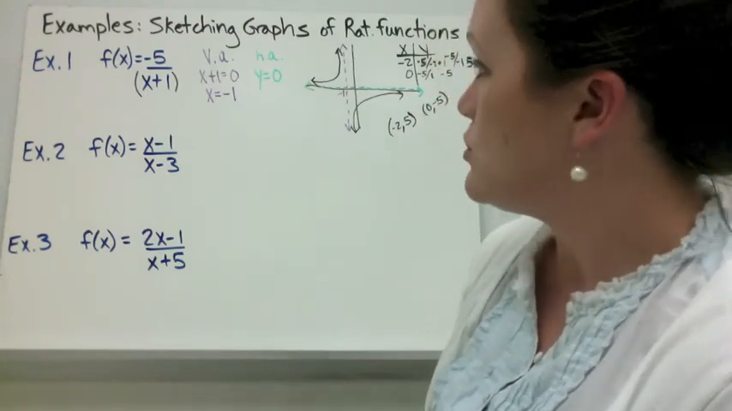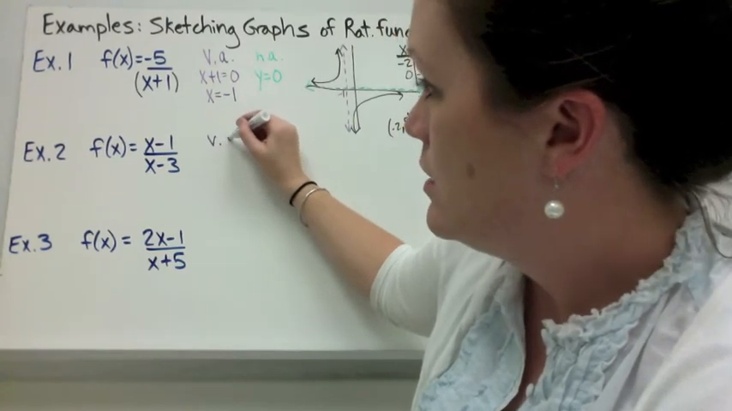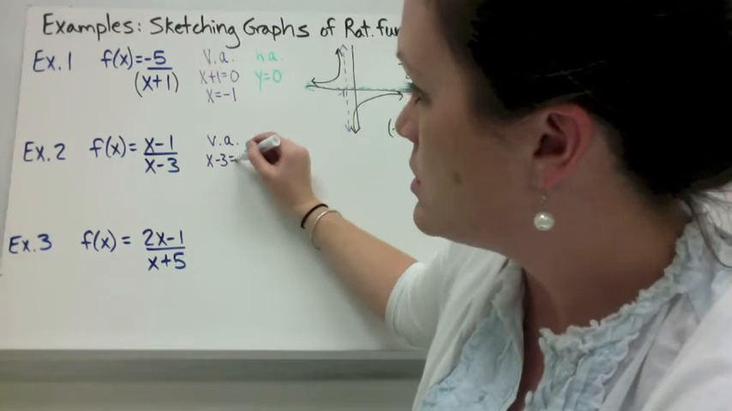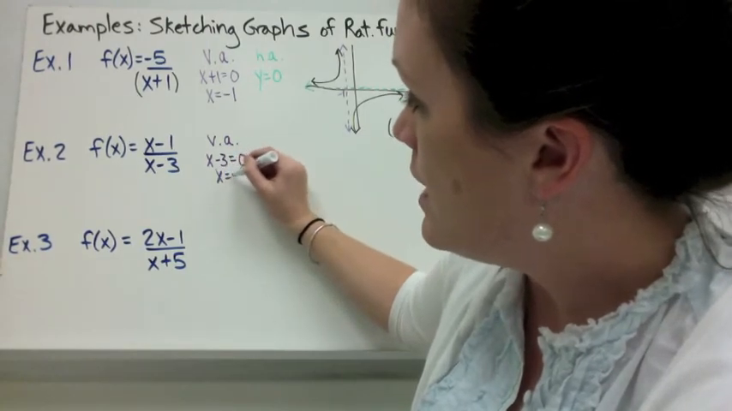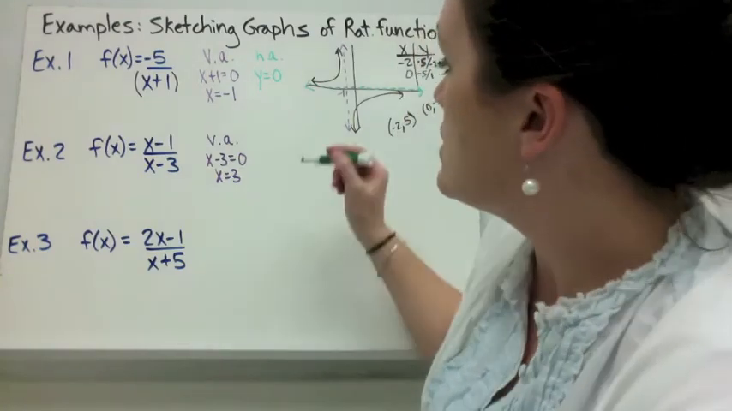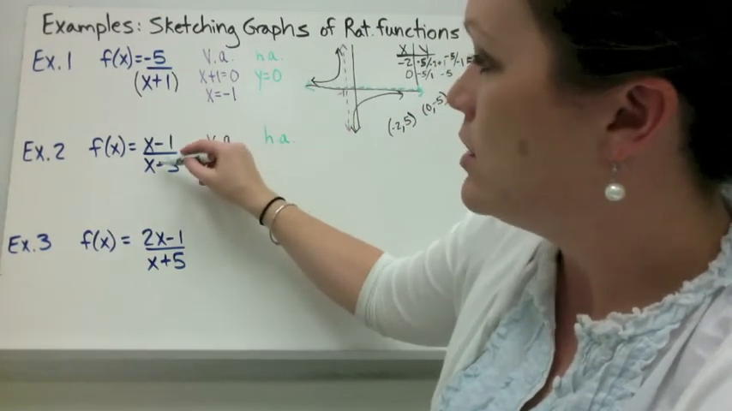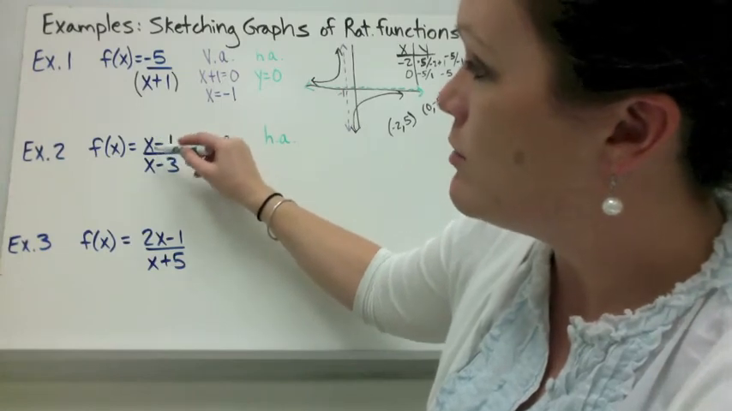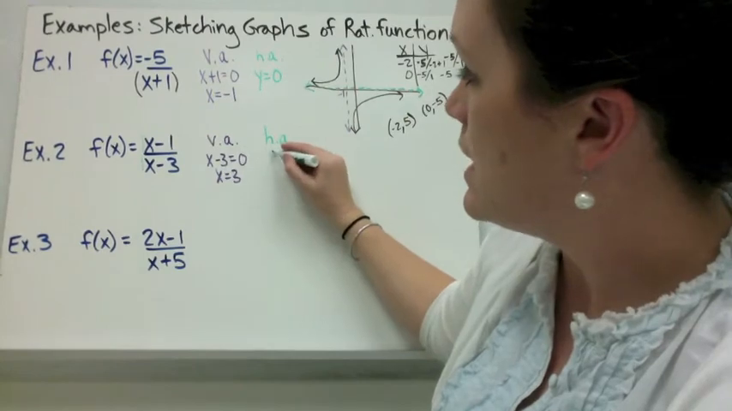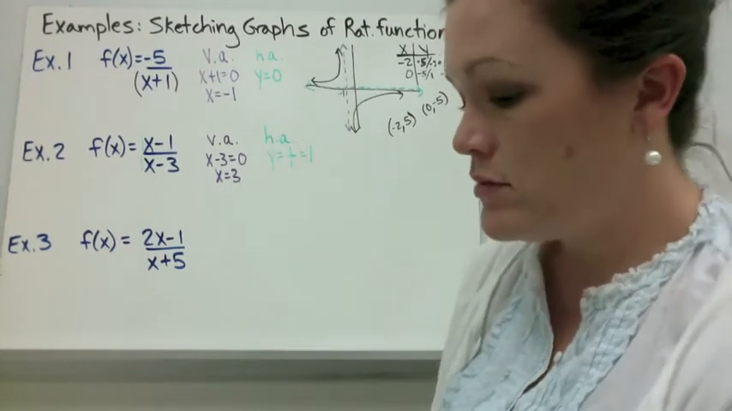So let's look at example 2, x minus 1 over x minus 3. So to find the vertical asymptote, you set your denominator equal to 0. So we get x equals 3 is going to be the vertical. The horizontal asymptote, we just compare what's happening in the numerator and denominator. So our degree is the same. They're both equal to 1. A is 1 and B is 1. So in this case, we get y equals 1 over 1 or 1. So it reduces,